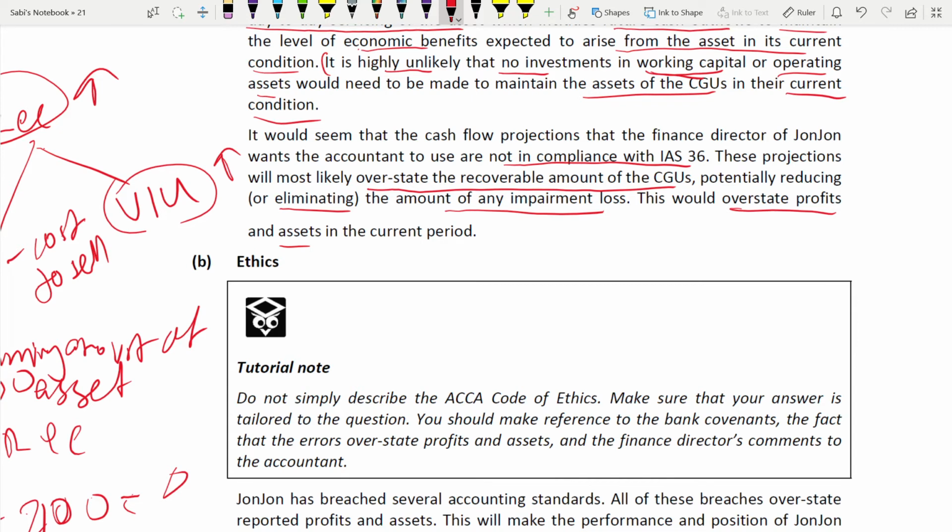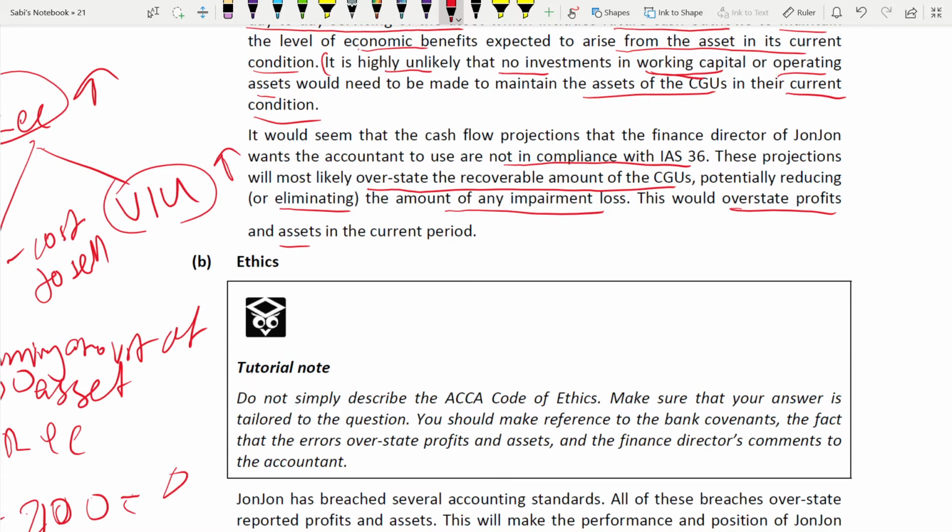That impairment loss. Okay, there is no impairment against the asset. So that asset amount will be higher only. You see? So in all the three conditions, what did you find out? Whether it is intangible asset, whether it is impairment, whether it is fair value, profit is overstated, asset is overstated.